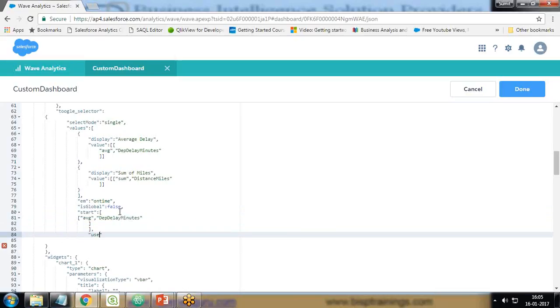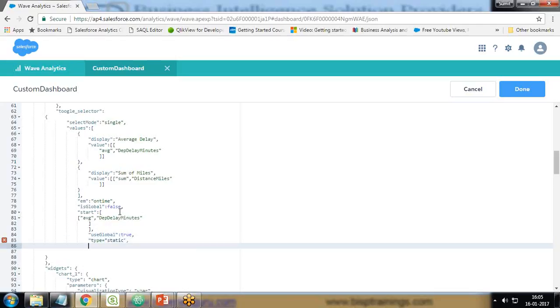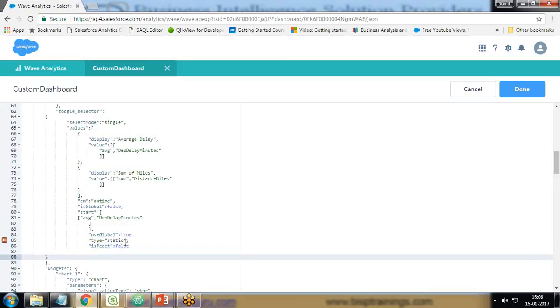and then I set use global set to true, type is equal to static, it would be a static list, and I'll set is set. So these properties we can change later on as well. So type is equal to,